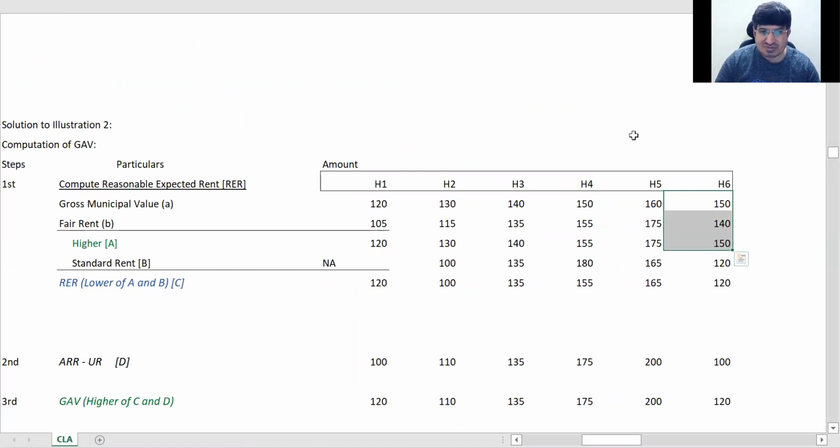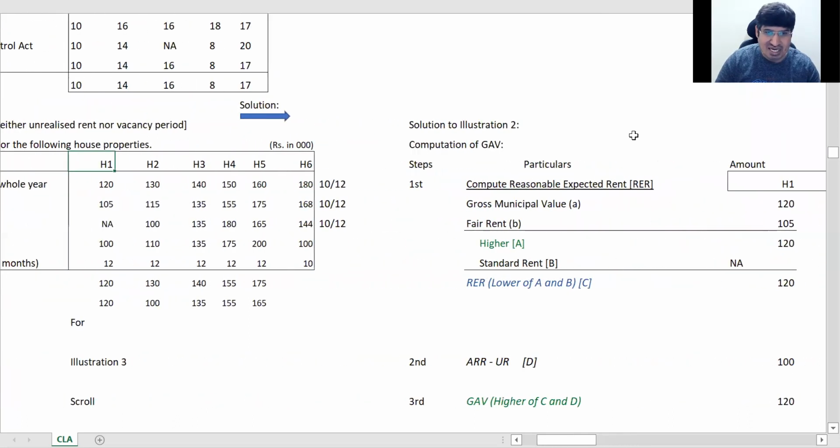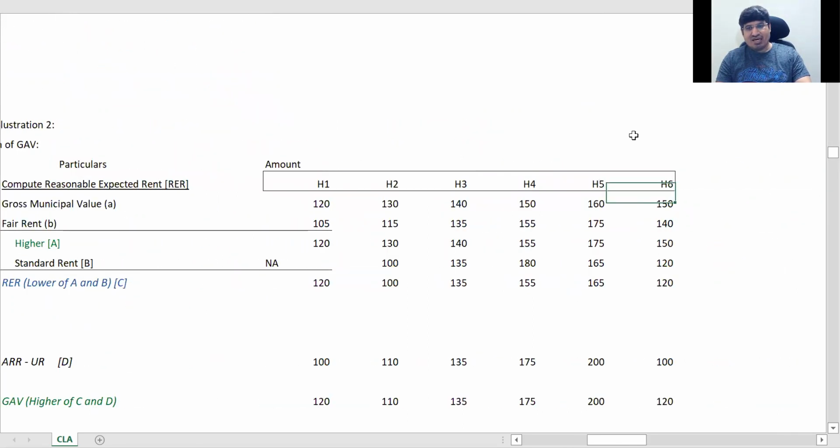सर क्या हम मतलब उसी बेसिस पे आरईआर निकाल के को अगर हम 10 मंथ्स कर दे तो चलेगा वैसे? चलेगा, वो भी चलेगा। ठीक है, वो भी चलेगा, क्योंकि देखिए जो बड़ा है वो बड़ा ही रहेगा, जो छोटा है वो छोटा ही रहेगा। अब अगर सेम रेशियो से मल्टीप्लाई कर रहे हो तो 180 इसमें भी सबसे बड़ा है, वो 10/12 भी 180 बड़ा ही रहेगा, करेक्ट। तो आप वैसे भी कर सकते हो, वो भी ठीक है। ओके, उसके बाद में भी आप नेट इसको इंटू 10/12 कर सकते हो।